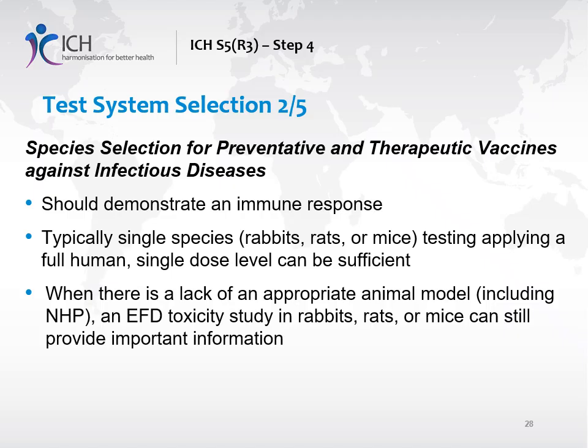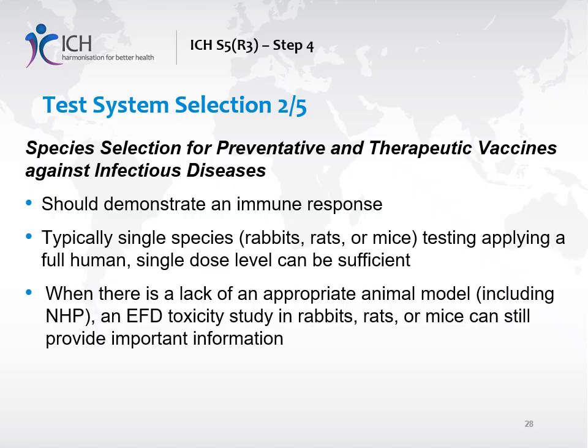Typically, rabbits, rats or mice are used in developmental toxicity studies for vaccines. Even though quantitative and qualitative differences can exist in the response, e.g. in humoral and cellular endpoints, between species, it is usually sufficient to conduct developmental toxicity studies in a single species. Although the degree and time course of transfer of maternal antibodies across the placenta varies between species, a developmental toxicity study in rabbits, rats or mice can still provide important information regarding potential embryo-fetal toxicity of the vaccine components, formulation, and safety of the product during pregnancy.